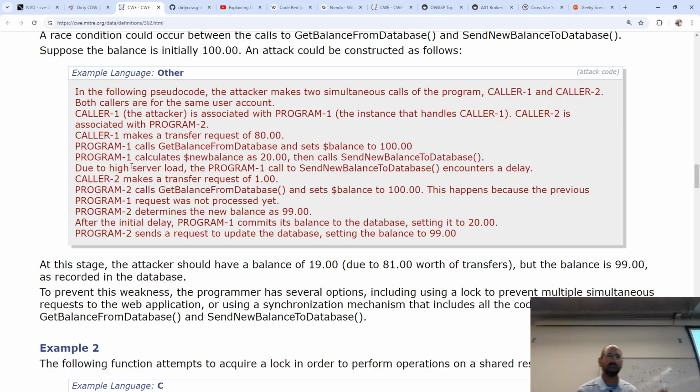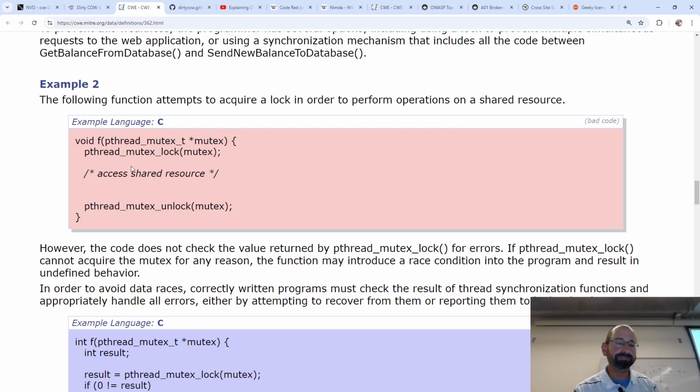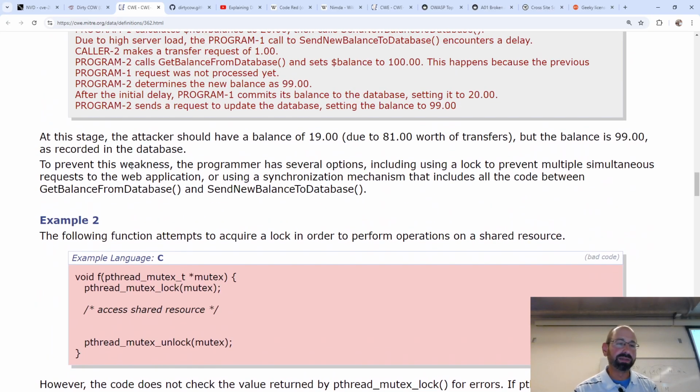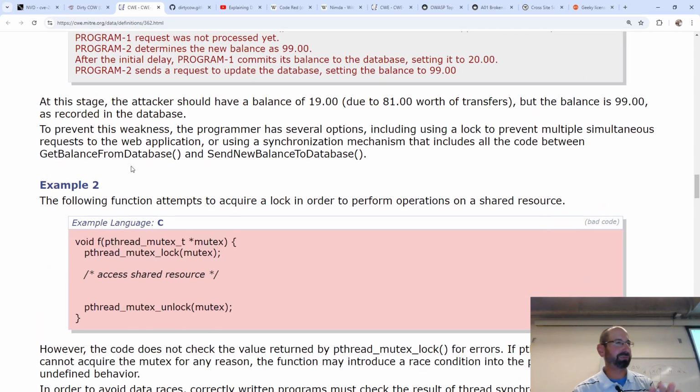It may work 999 times out of 1,000 that the correct thread gets completed first. We check the bank balance before we withdraw the amount. But if you do it enough times, it turns out that 1 out of those 1,000 times, again, this is processing speed, 1 out of 1 million times, 1 out of 1 billion times, it doesn't really matter. 1 out of a certain large number of times, our intention was to check the bank balance first before we withdrew money, but it just so happens that the withdrawing money code gets executed before the checking the bank balance code.